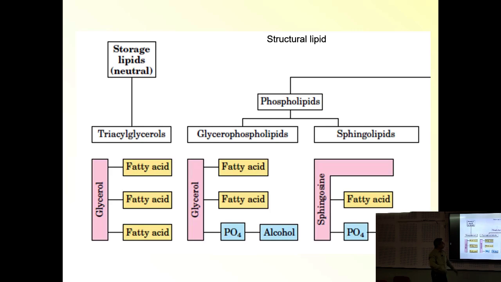Structural lipids, how do they look? Same as storage lipids, which as I said are neutral lipids, triacylglycerol: glycerol plus 3 fatty acids 1, 2, 3. Now, in glycerophospholipids the 3 fatty acids are attached with PO4 and alcohol. Similarly, sphingolipids have fatty acid, PO4 and choline. So an additional group is attached, so it comes under complex lipids. Phospholipid is a major component found in the cell membrane.